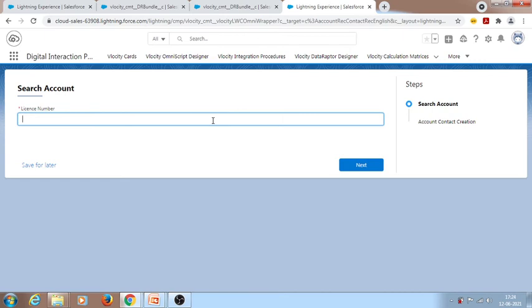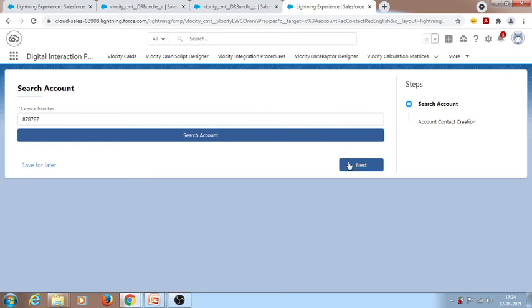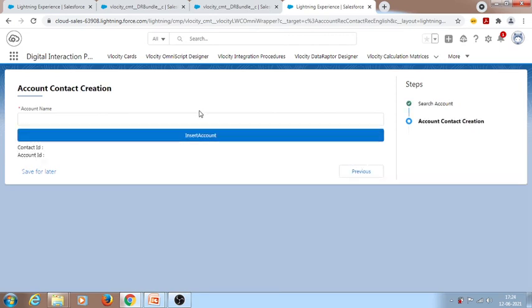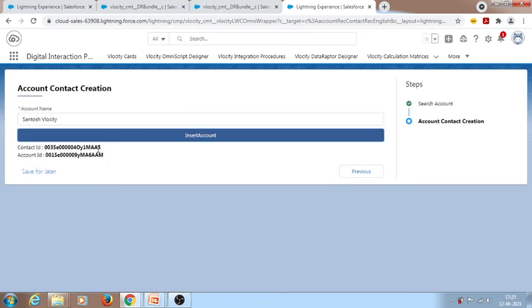I'm giving some random number and I'm clicking on search account. If we click next, then the account creation page should open. Here I'm giving the account name, insert account, then account and contact have been inserted.